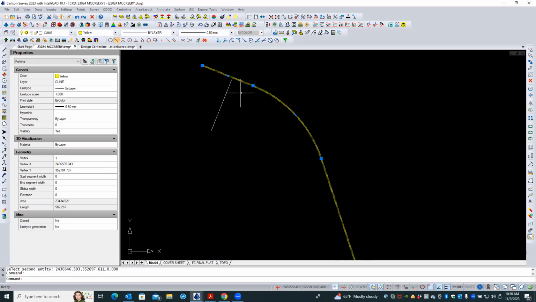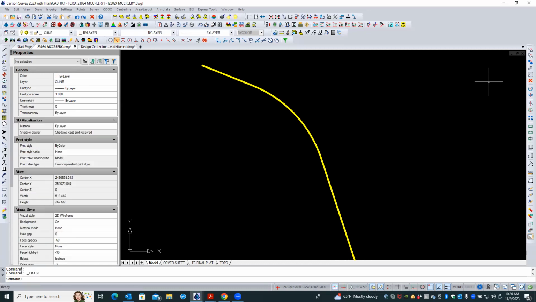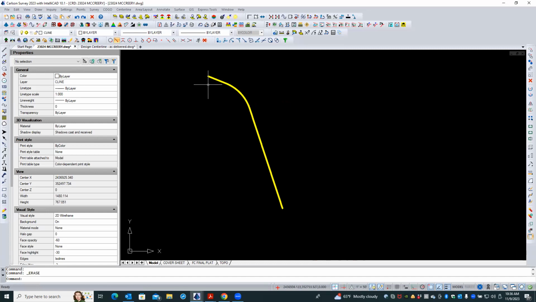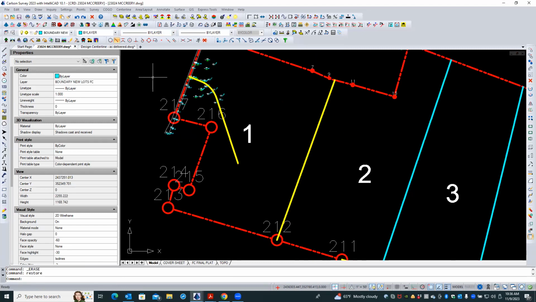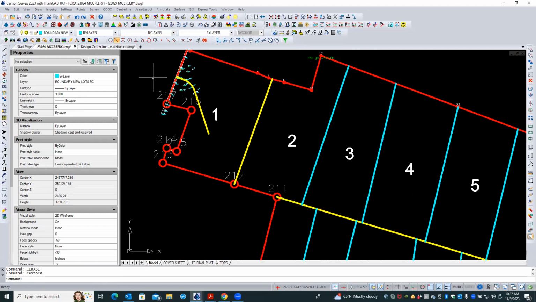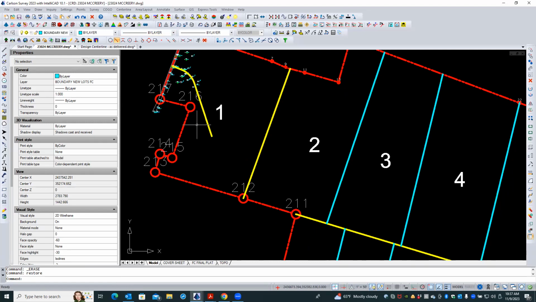That's okay. Live with that. All right, so now let's restore our layers back. And we want to